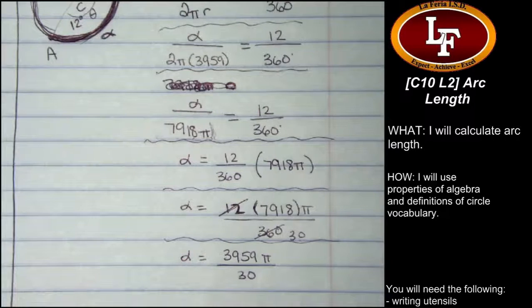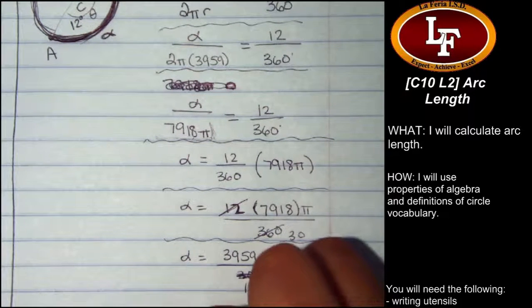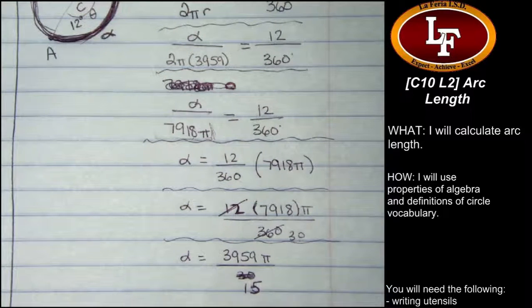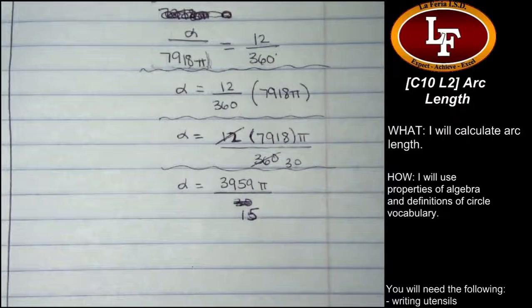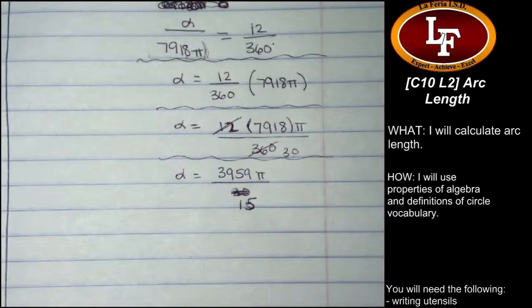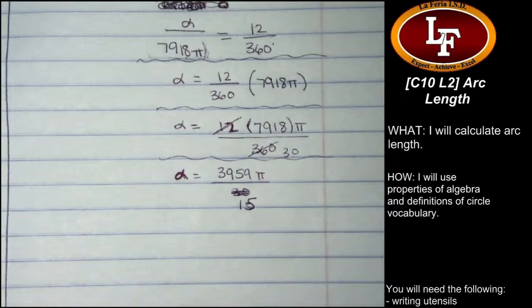Oh, excuse me, 30 divided by 2 is not 30. 30 divided by 2 is 15. All right, and I'm going to stop there because I don't know if that top number is divisible by 3. And yes, I have a 4-function calculator that could figure it out for me, but when I put that in, it spits out decimals. So this would be the exact distance, alpha,